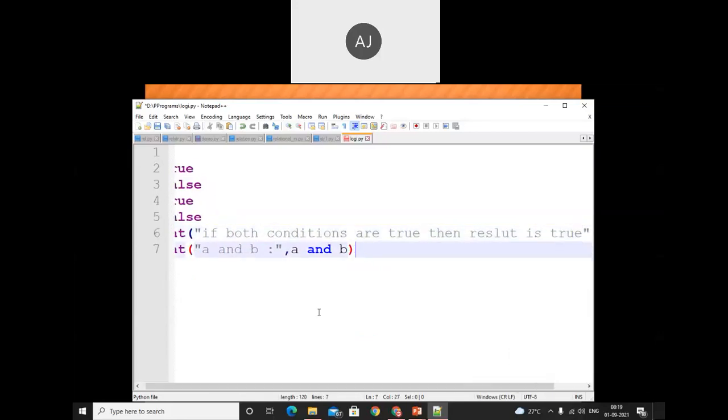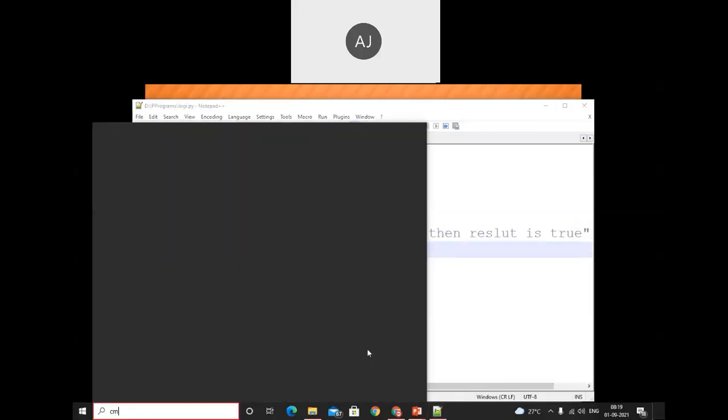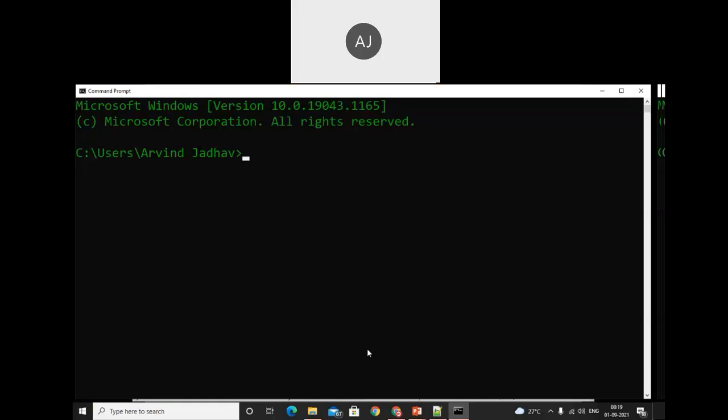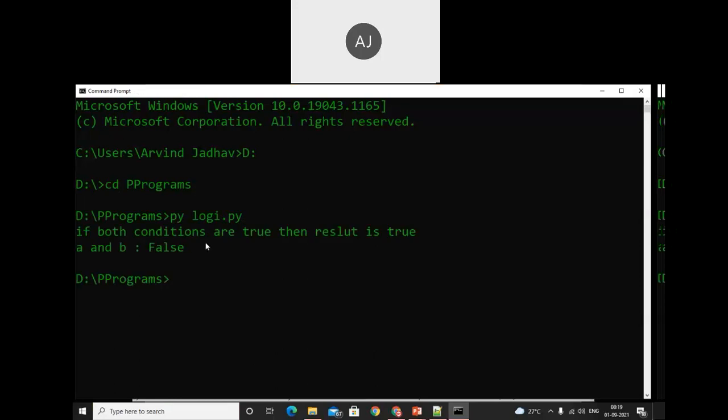It will just print the statement. Save it, and try to execute that program by using the command prompt, t colon, cd pp programs. Now python logic dot py. If both conditions are true, then the result is true. What I get for A and B is the output false.